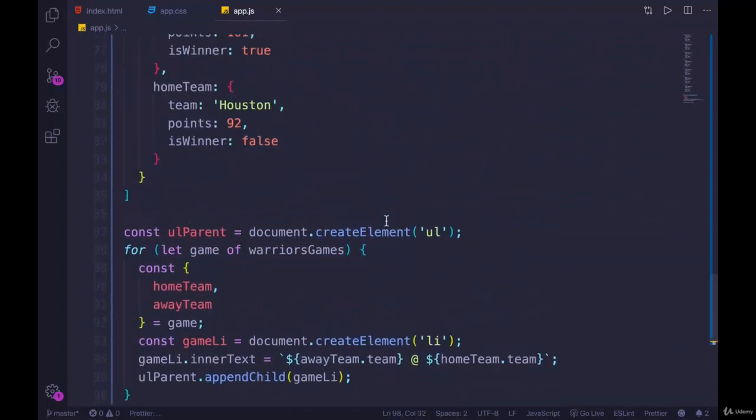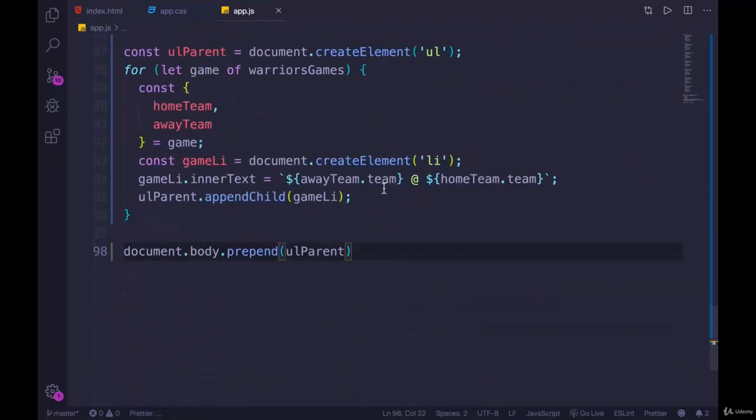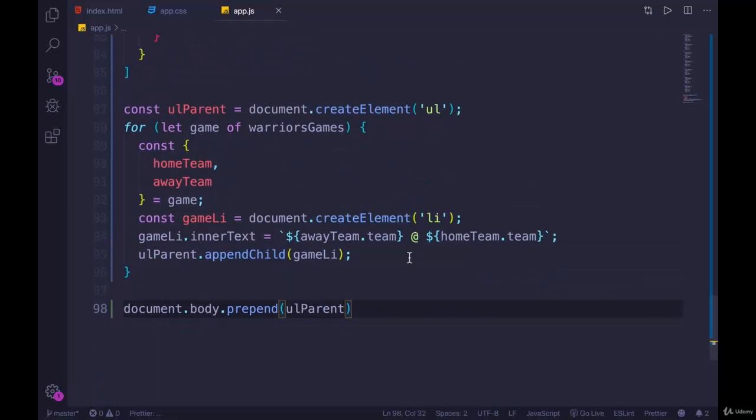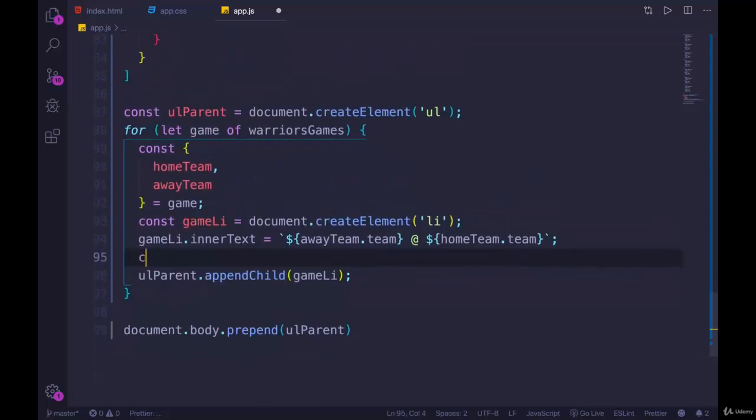All right, so next, let's work on the scores. What we want to do is, first, we can just display the home team and the away team score. I'll do the same format: away team.points dash home team.points. And I'll start by making it its own string. So I'll just call this const scoreline